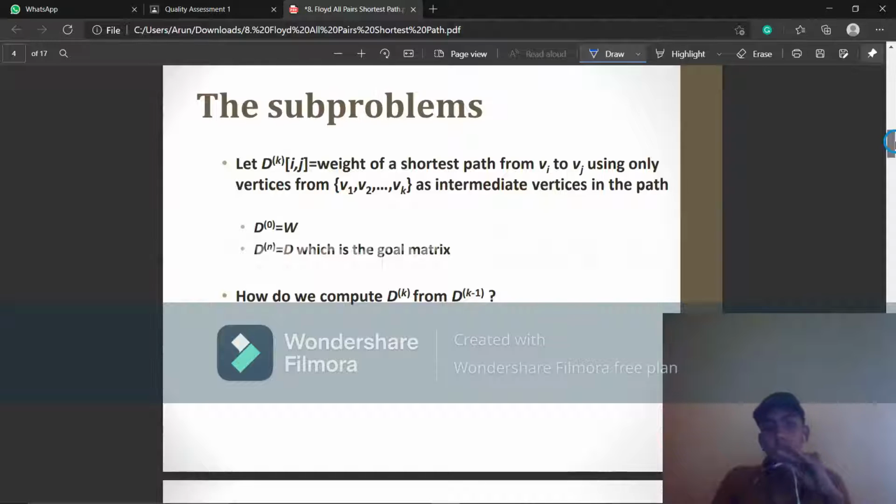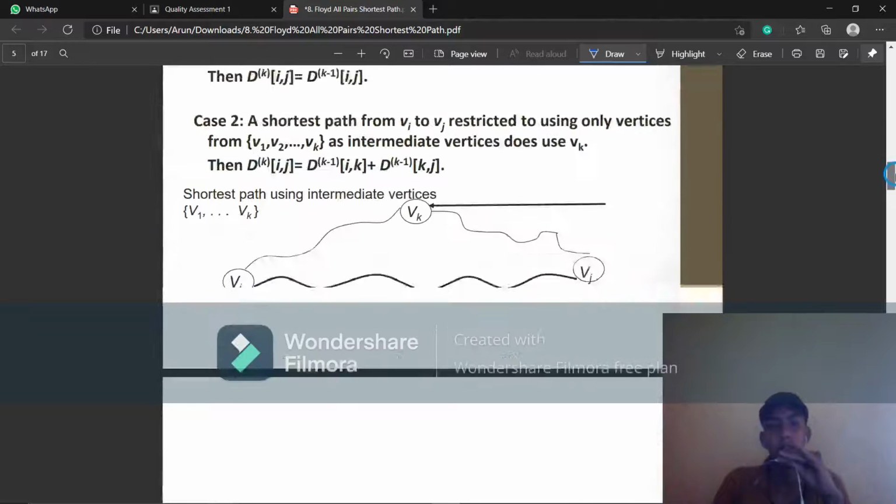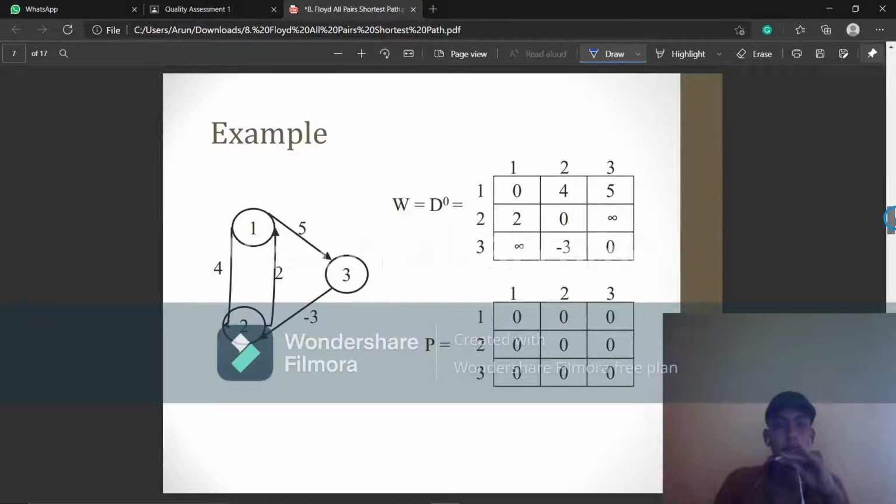After that, we need to find the shortest path. For example, see this example. This is the given matrix with three rows and three columns. We need to take a first intermediate vertex, so the first intermediate vertex is 1. If you choose 1, the first row and first column will remain the same: 0, infinity, 3 and 0. The rest you calculate according to the formula.